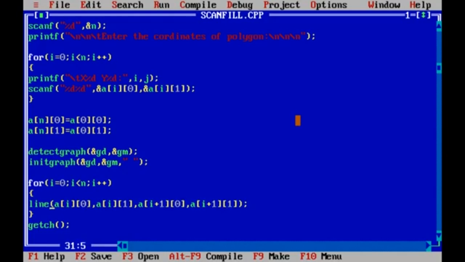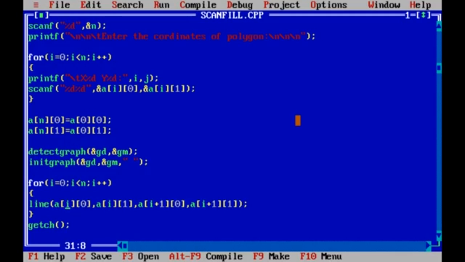Here we are calling another function for every iteration. This is the line function, which is called as a of i of 0, a of i of 1, and then a of i plus 1 of 0 and a of i plus 1 of 1. Because to draw a line, there is a necessity of minimum 2 points, minimum 2 coordinates.